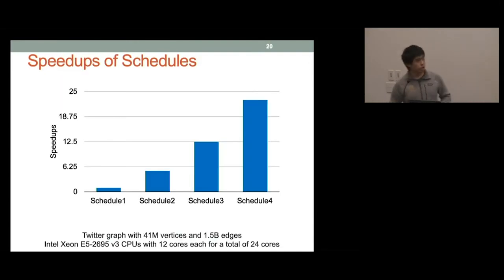Okay, so here's the relative performance of these different schedules. These are all normalized to the performance of the first schedule, which just did a sparse push sequentially. The experiments here were run on this Twitter graph with 1.5 billion edges on a 24-core machine with 2 sockets. And here the second schedule corresponded to the schedule where we added parallelization across the source vertices. We get a speed up of about 5, which is okay, but we have 24 cores, so it's not actually